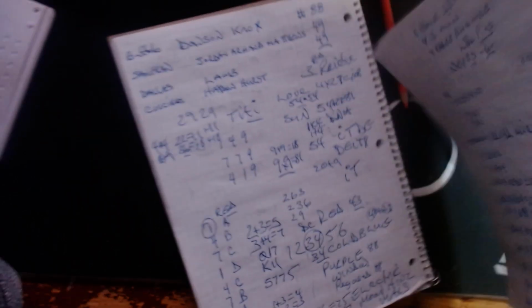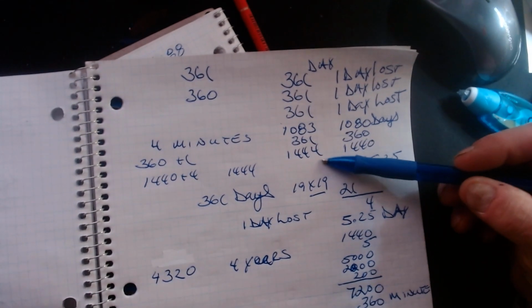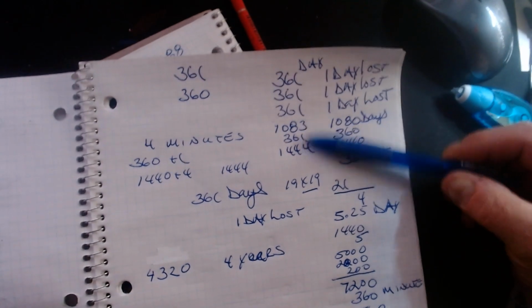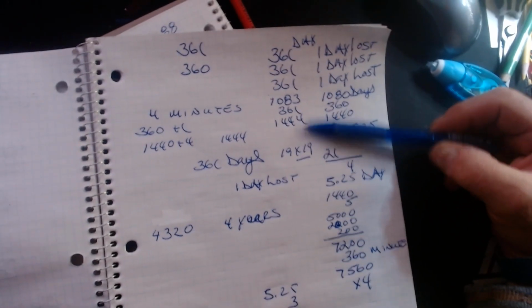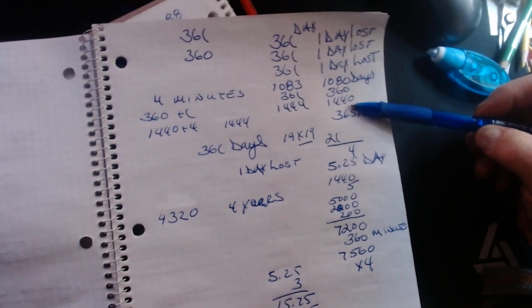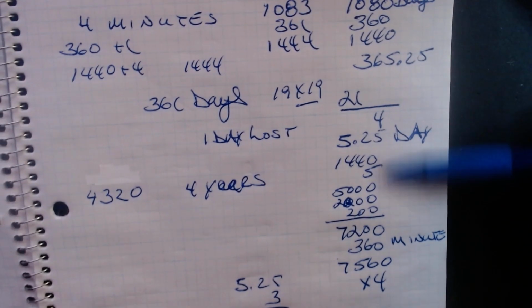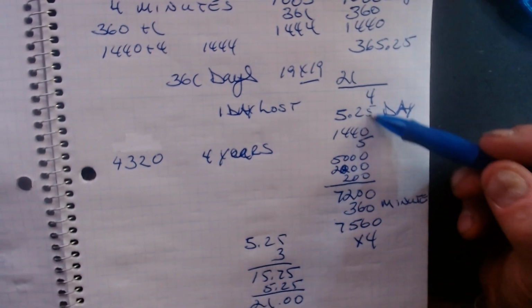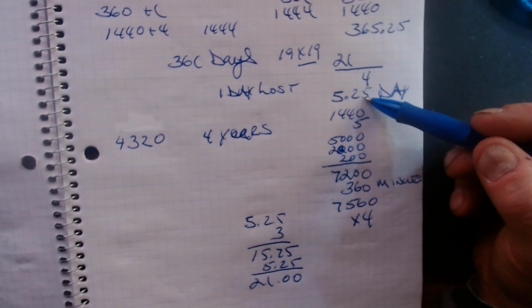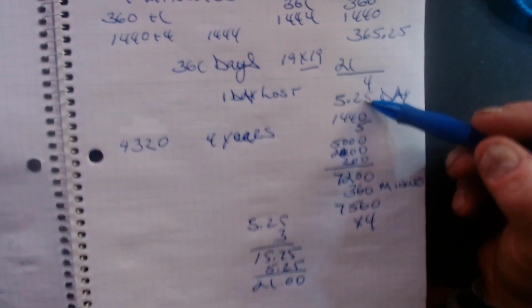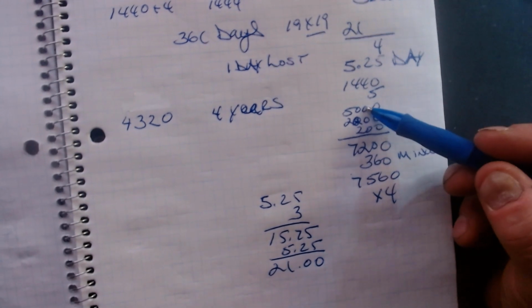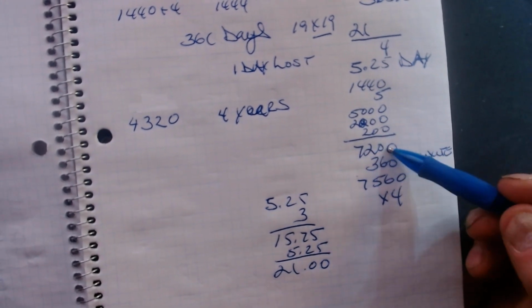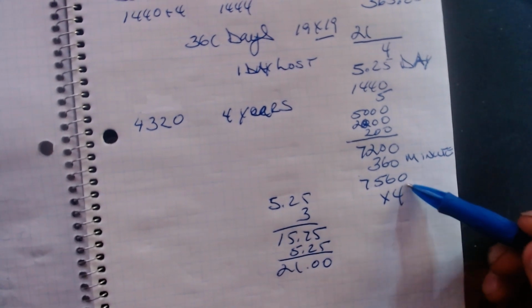So we're going to fast forward and come to where we have a leap year and we complete it right here. Where we did our 4 years, we lost 4 days in the 360-degree turnaround. I'm not going to use the 365. Here I'm going to calculate the extra 5 days. So with the extra 5.25 days at 1,440 minutes per day, plus the quarter day, which is 6 hours, that would be 360 minutes. So we get 5,000, 2,000, 200, 7,200, then 360 equals this number over here.